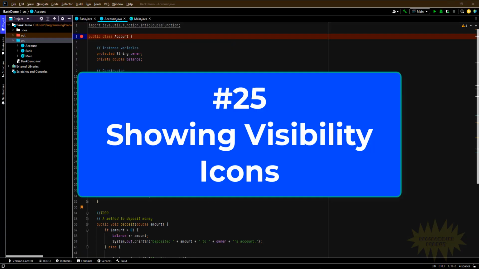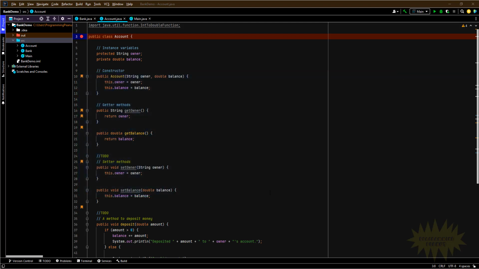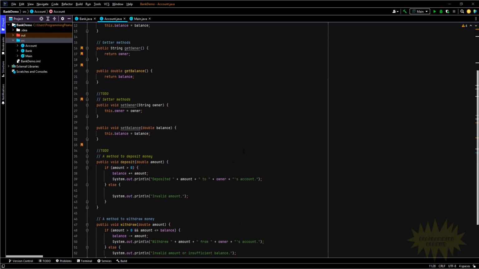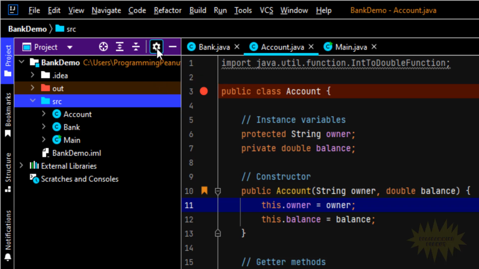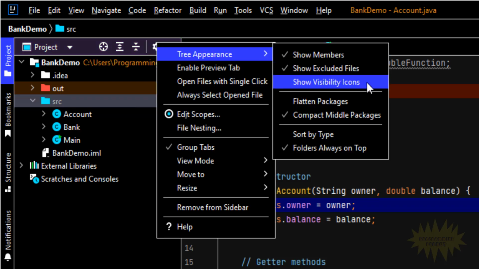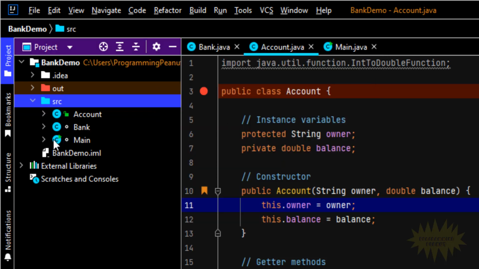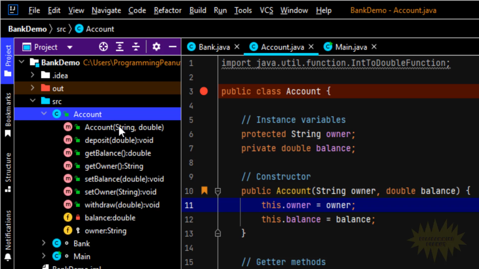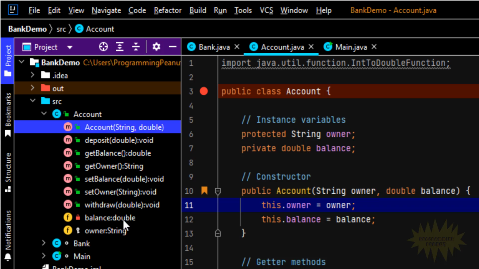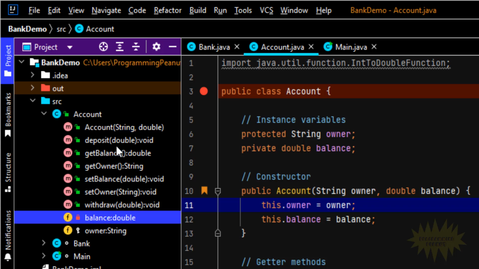Number 25, showing visibility icons under the project structure. So classes, methods, and fields can either be private, public, or protected. So instead of going through a class to see this information, what you can do is if you go here on the left side, click on the gear, then tree appearance, and then check the show visibility icons option, you'll see that here in the project structure, you can see whether a class, method, or field is public, private, or